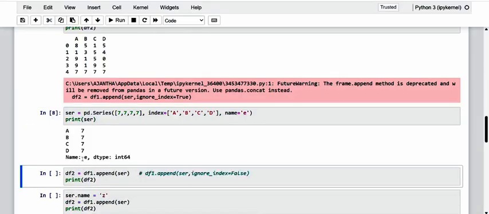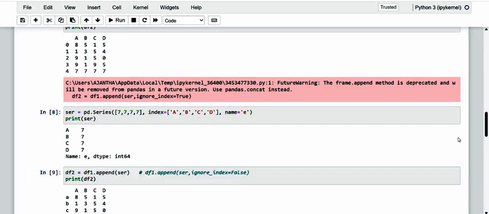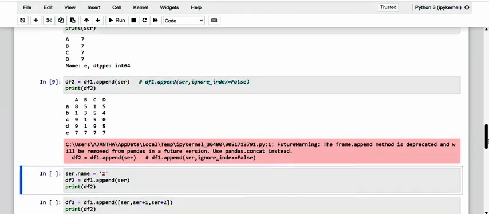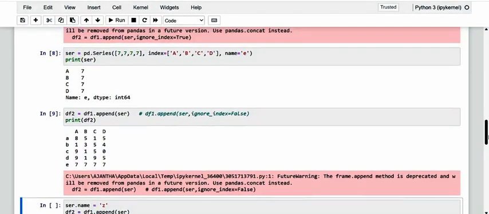So here the name E is there in the series, and we are going to make use of append, and let me execute it. And kindly see here, dear friends, we have finally achieved the desired result.